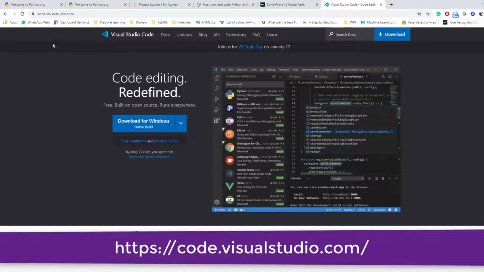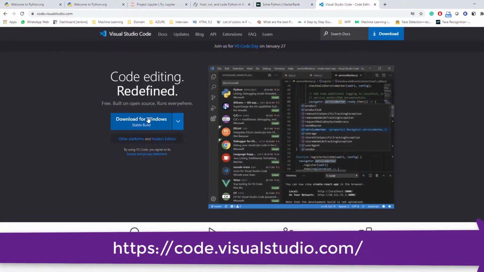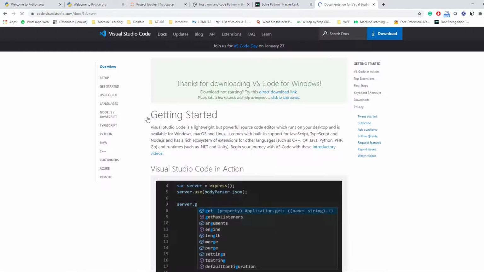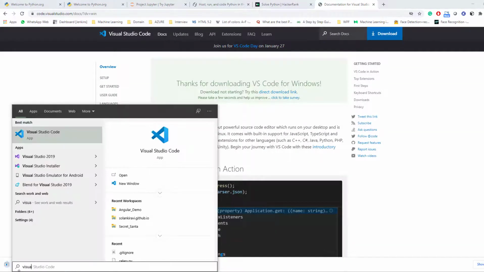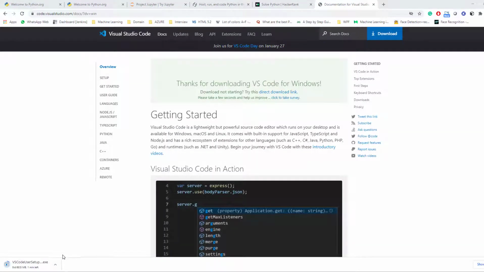Next, we will set up our local environment. We are going to use Visual Studio Code. First of all we would download this, but I have already downloaded and installed VS Code on our system, so I will cancel the installation. Please let me know in the comment section if you face any issue with VS Code installation or anything as such.